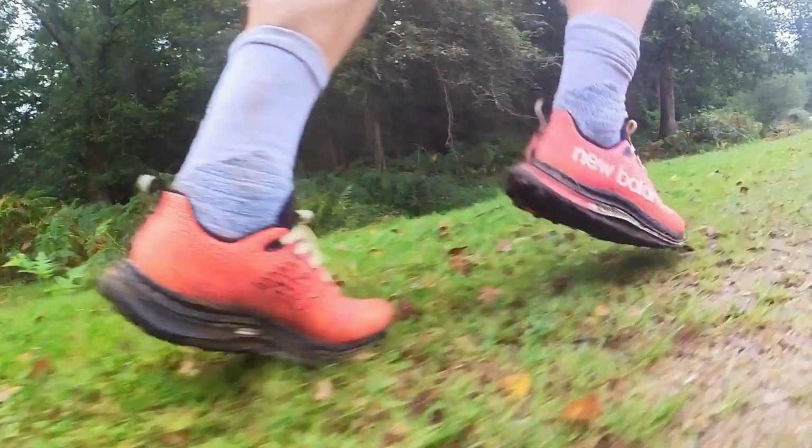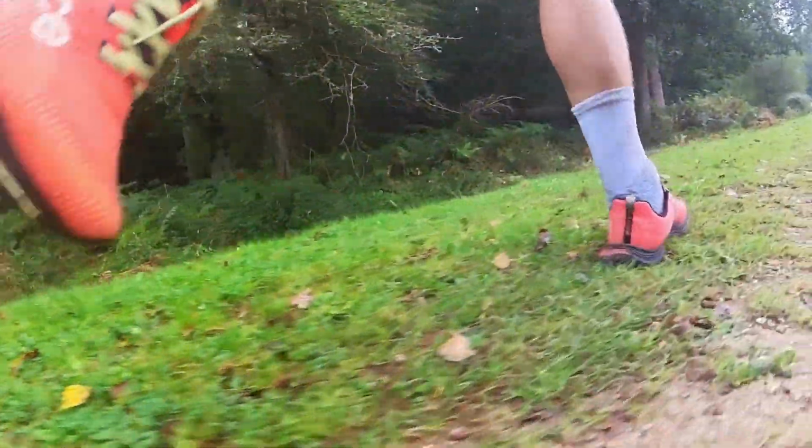So we've just come up to halfway in. I think been on feet, coming up to maybe 1:45, 2 hours, something like that. I haven't looked at the watch, but we've covered quite a lot of varied terrain. There's quite a lot of the paths that you'll kind of see behind me, which are pretty neat and groomed and compact kind of gravel, but we've also had big road sections as well. Bit of grass, so nothing steep, particularly technical, but a really good test so far for the New Balance SC